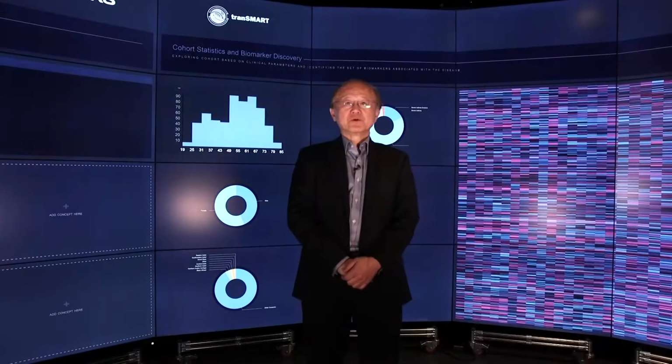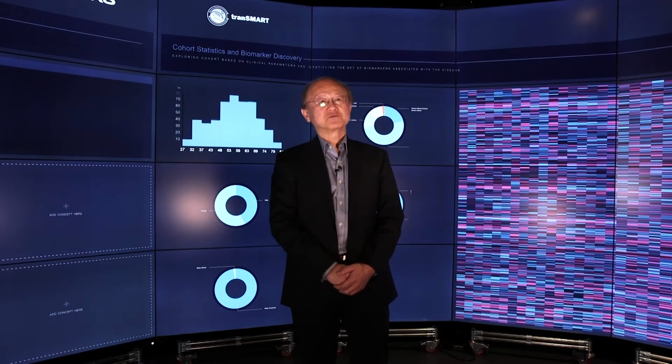U-BIOPRED is a big European project that was funded by the Innovative Medicines Initiative for the application of systems medicine to severe asthma. This funding was acquired because severe asthma is a major clinical problem: these are patients with asthma that do not respond to the treatments that we now have available. Also, severe asthma is a disease that's very heterogeneous in its presentation. Therefore, a systems medicine approach to severe asthma would allow us to phenotype the disease